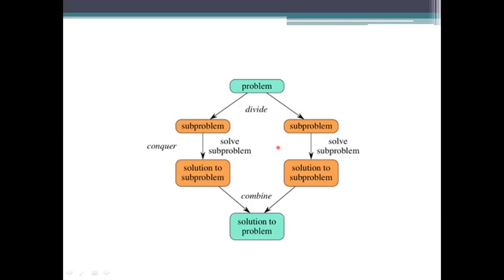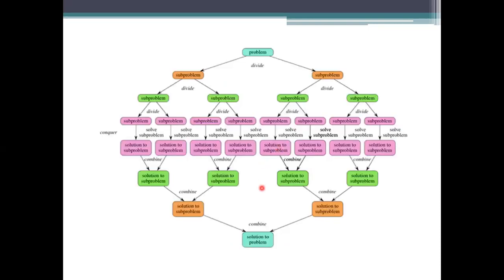How is it being applied? Here, see, we need to divide this. Division has been done, and we divide as many times as needed. It is not specified that it should be divided once, twice, or thrice. We can divide this array, this problem, as many times as possible. The restriction here is that each part should have one element. After processing these subproblems, we need to combine the solutions.